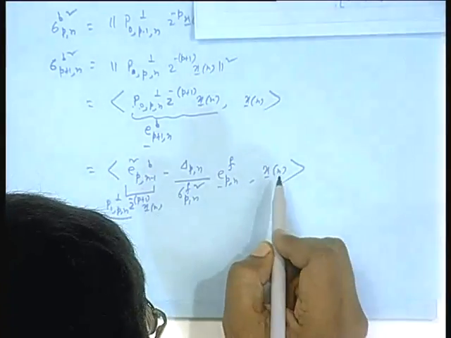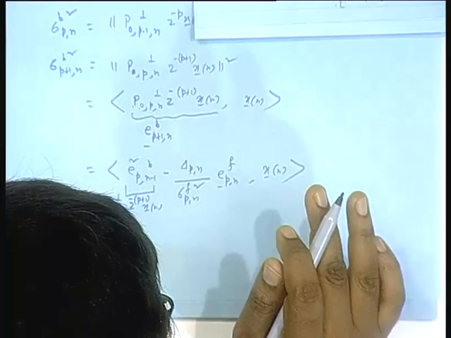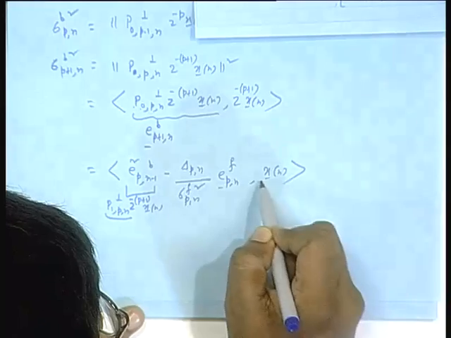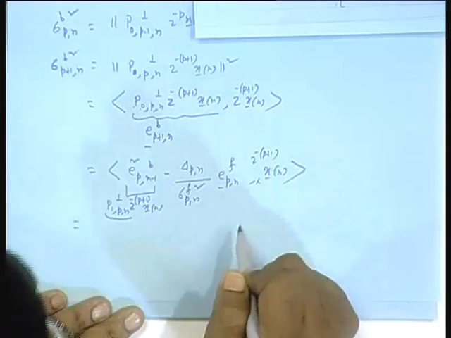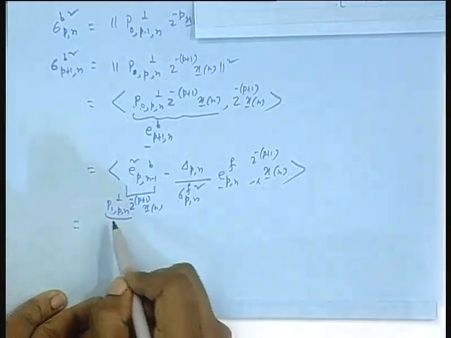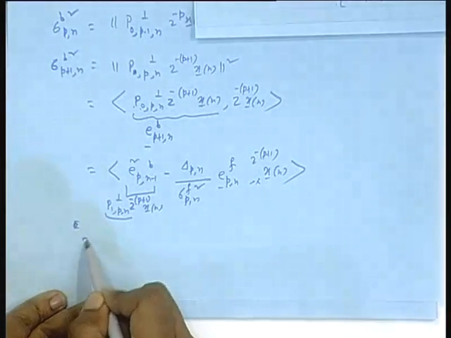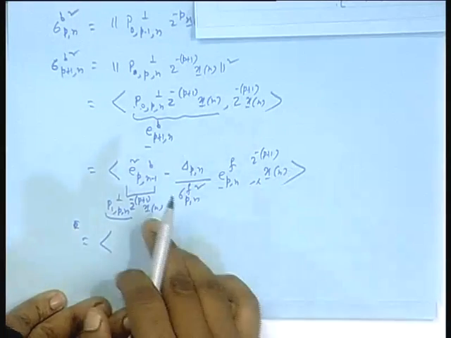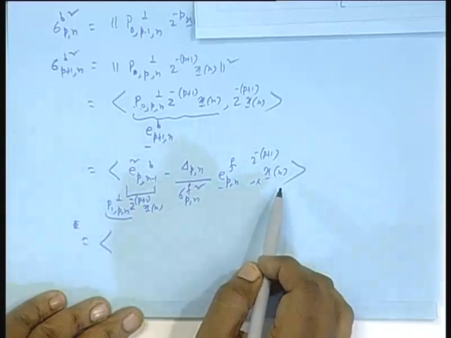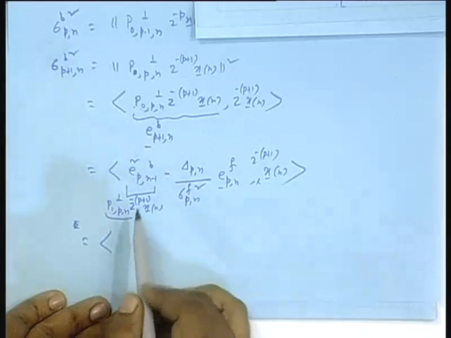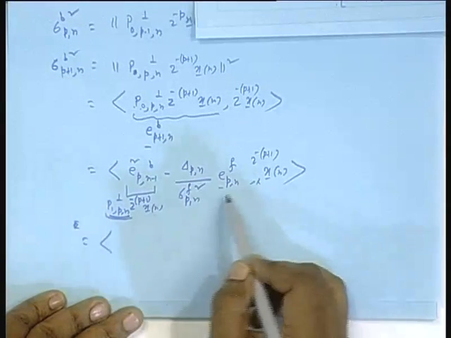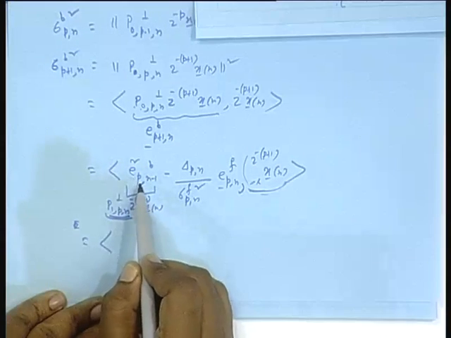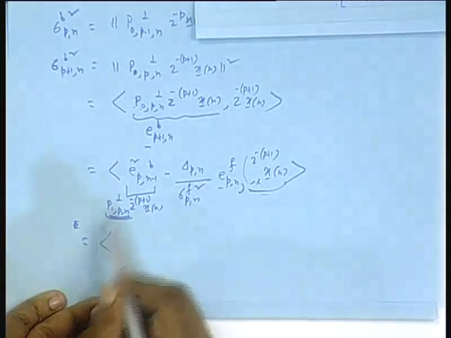Just a minute. Yeah, here I will have Z2. Sorry, thank you very much. I am doing first, so yeah. Thank you. So, this operator I bring back on this. The moment I bring back this operator on this, I get the same tilde term here also. This operator I apply on this, the same E tilde P n minus 1 b would come there, and inner product with itself.